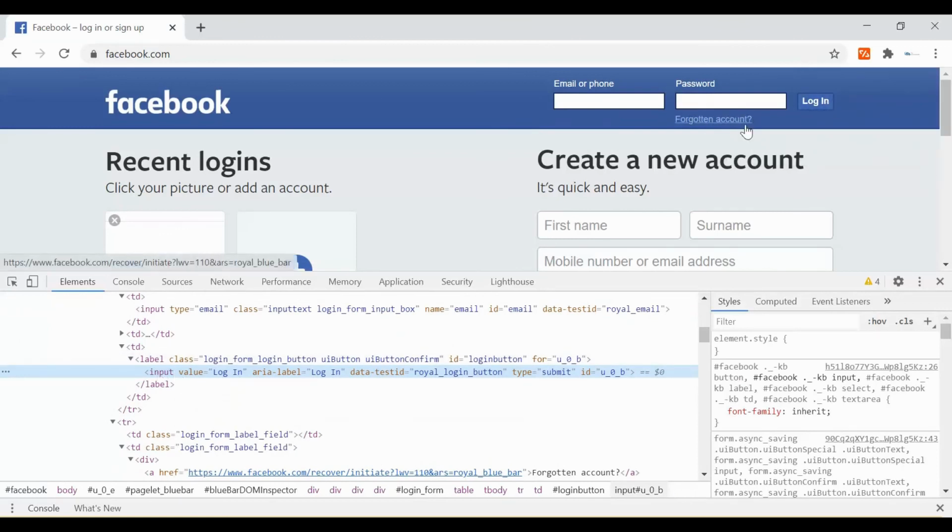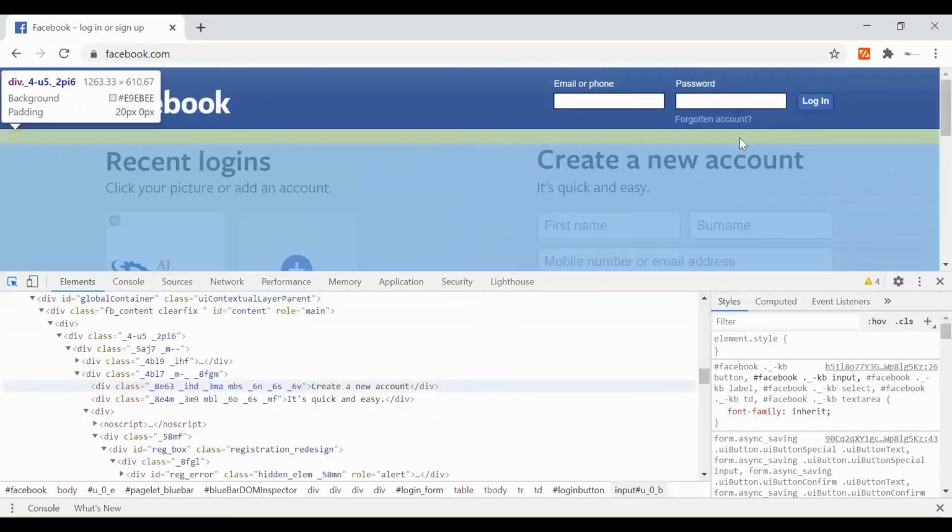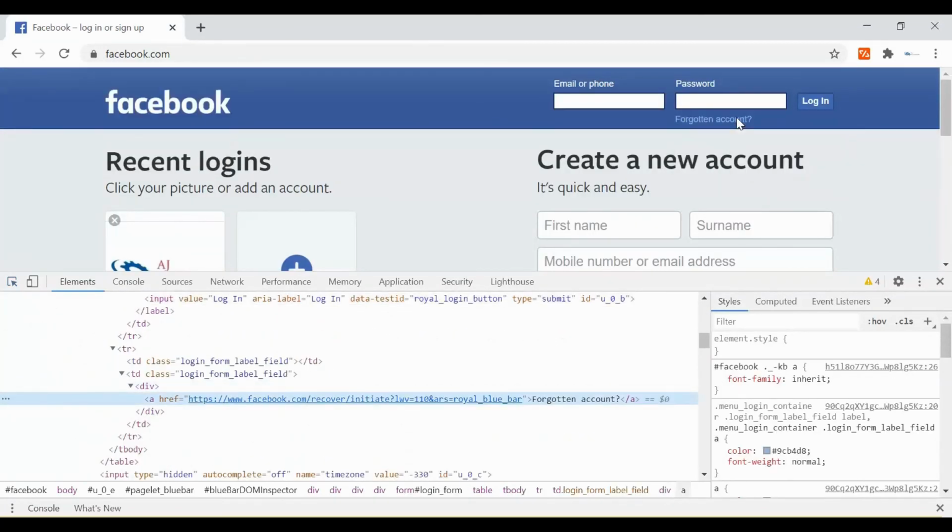So all the links on a web page you will be able to find with the help of Selenium WebDriver by using link text. You just have to send the text associated with the link. As you can see, it's Forgotten account, so this is the text. If you check the blue line given here, it's called the text.